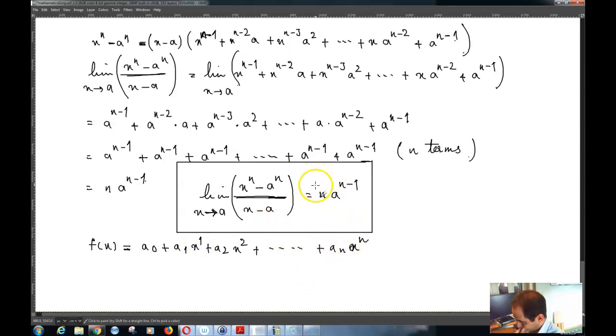So that's the explanation for n over here, which has to be a positive integer. And now if a is a negative number, for example, suppose that a is equal to negative 2. Now if a is equal to negative 2, what happens is that you have basically